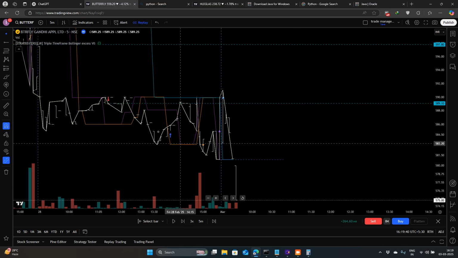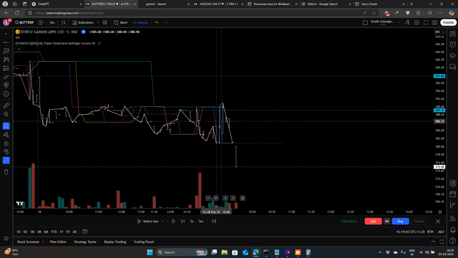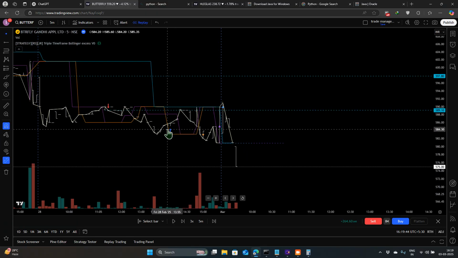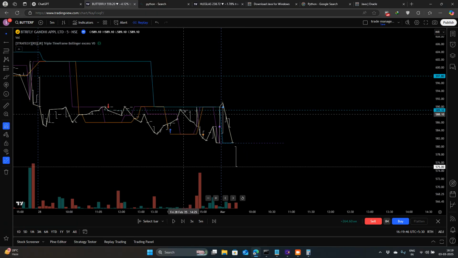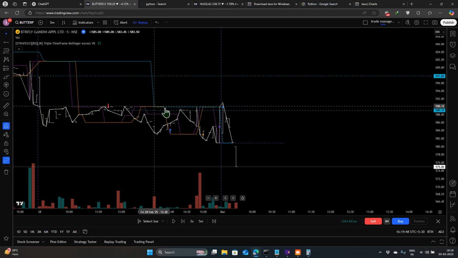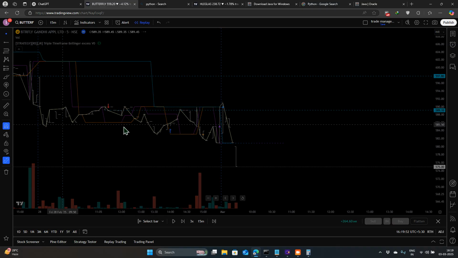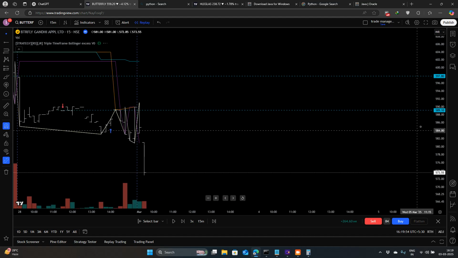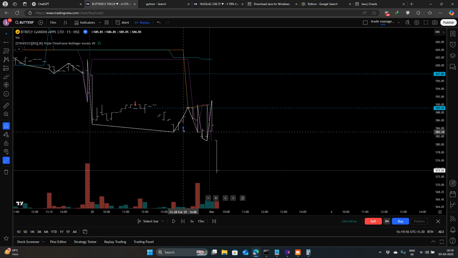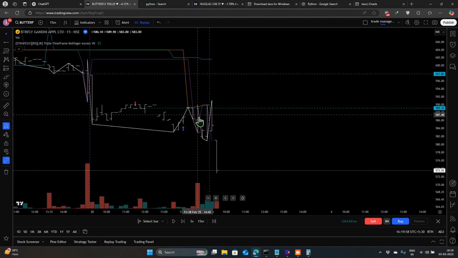Okay, it's a good trade. If you want to take more risk, you can keep your stop at, but I don't recommend that. The best thing that you can do is either exit here or exit when we exit here. See, when the 15-minute